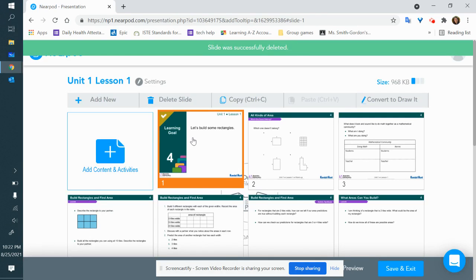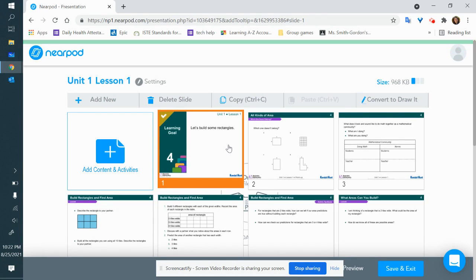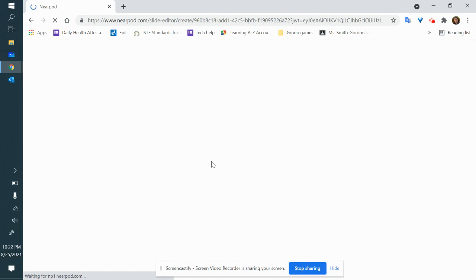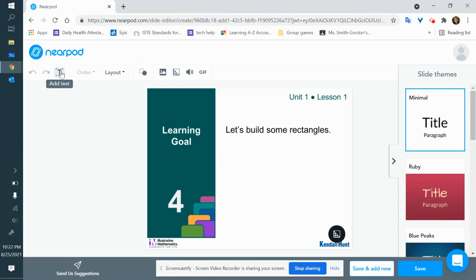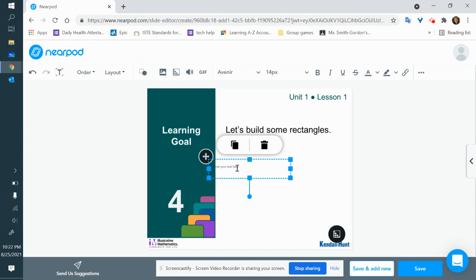Here, the learning goal, I don't love this learning goal. I'd like to be a little bit more specific. So I'm going to go in and edit this page. I'm going to double click it. And then I am going to add a text box right up here. And I am going to say, I can use rectangles to